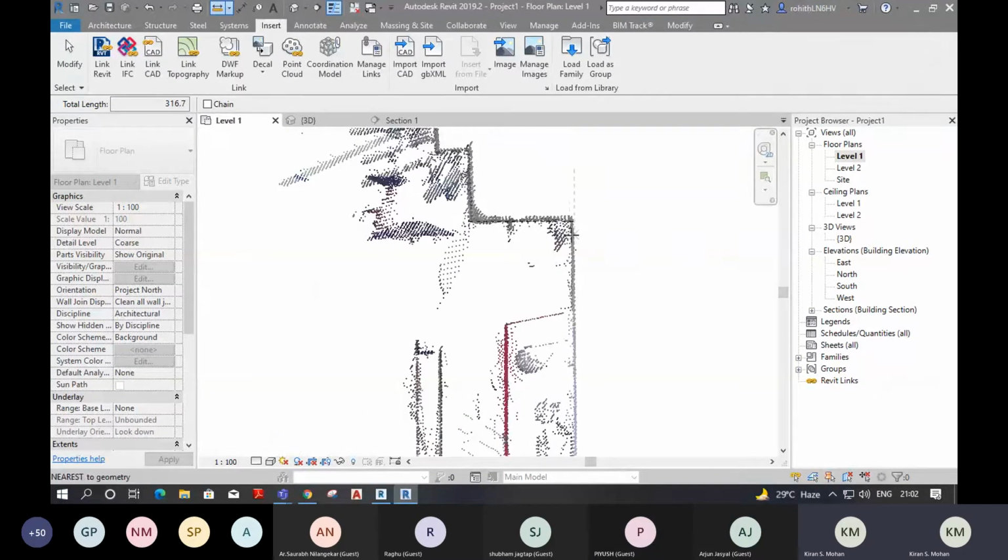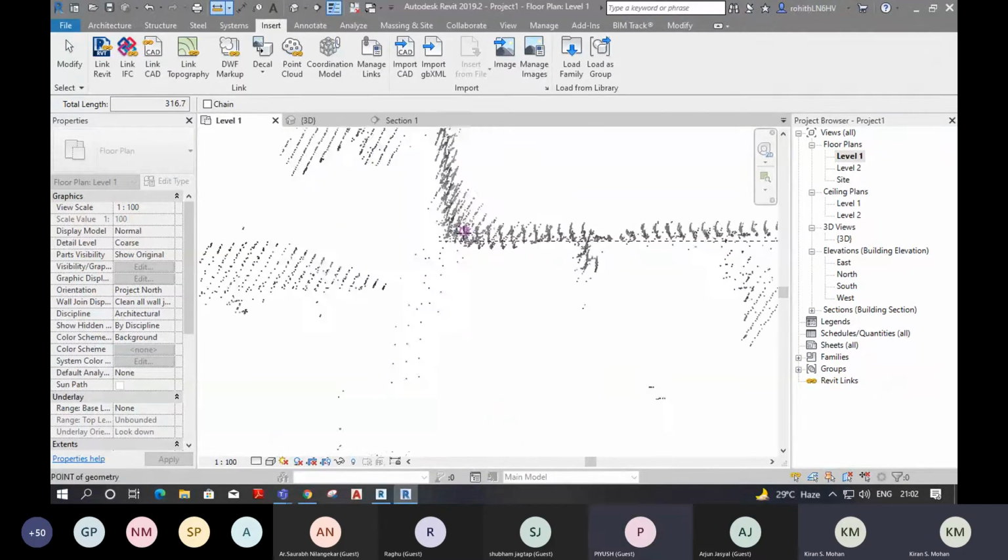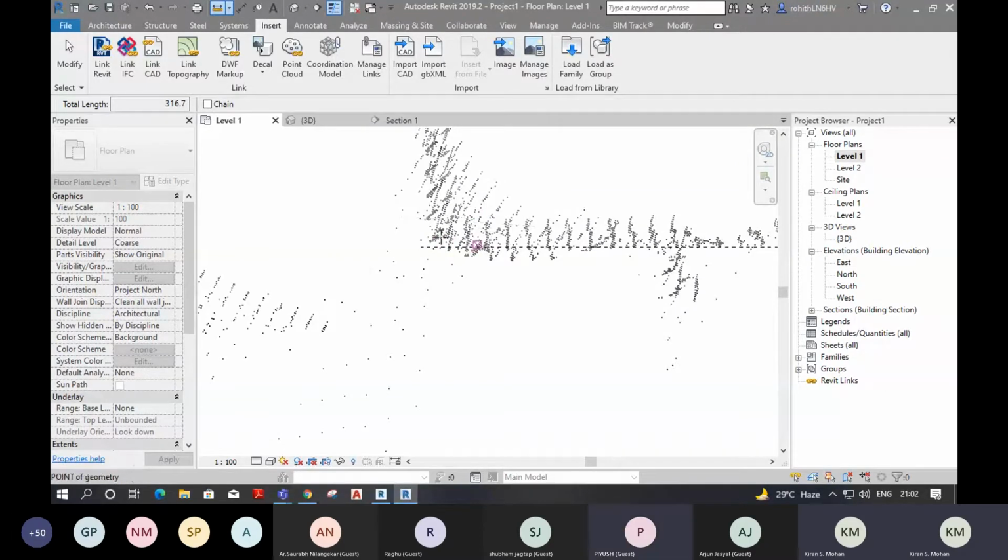If you have only one scan data, then you will get a line exactly in the same location. But with a single scan, we will not get that much data, because in a single scan, only a few points will be recorded. If you're taking multiple scans, multiple points will be recorded. But in that case, some error will occur.